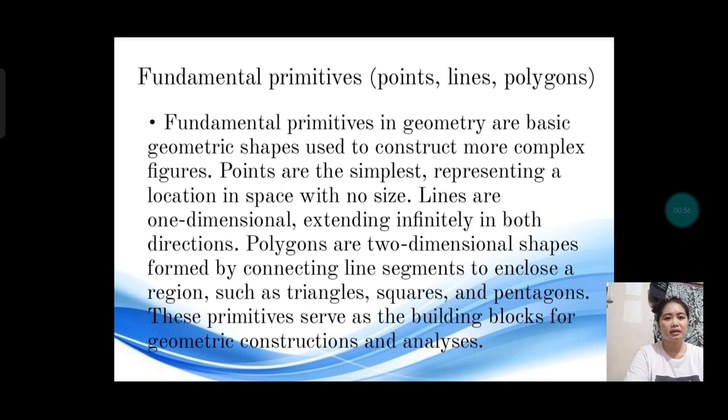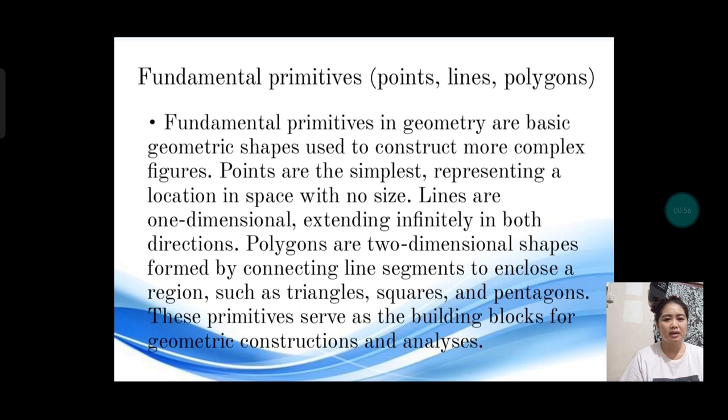The fundamental primitives in geometry are basic geometric shapes used to construct more complex figures. Points are the simplest, representing a location in space with no size.